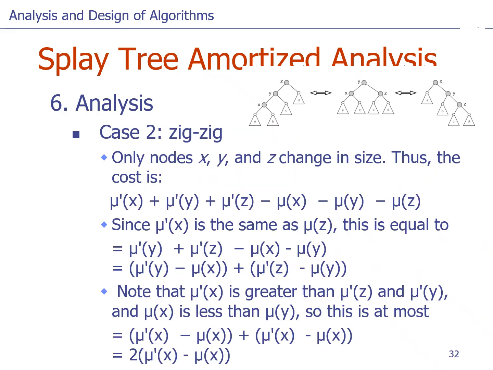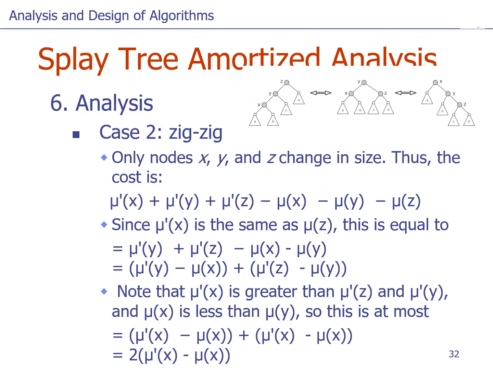Now let's look at the next case. The next case is the zigzag. Notice that we're going to do the following. We are going to rotate the y through the z first, and then the x through the y. Okay? So here I have 3 nodes that are changing their bank balance. The final cost of my change is the new cost of x, which is mu dash x, plus the new cost of y, which is mu dash y, plus the new cost of z, which is mu dash z, minus